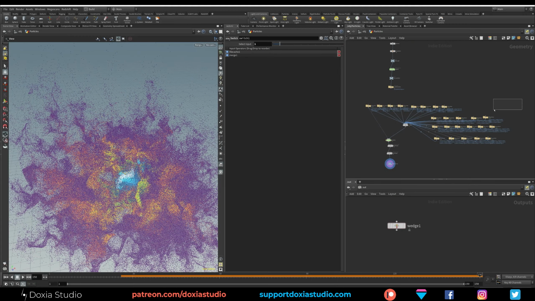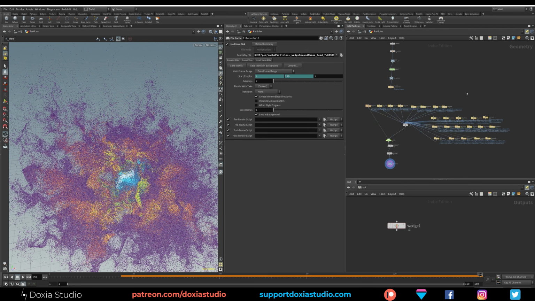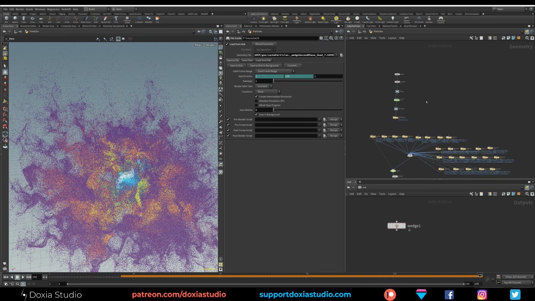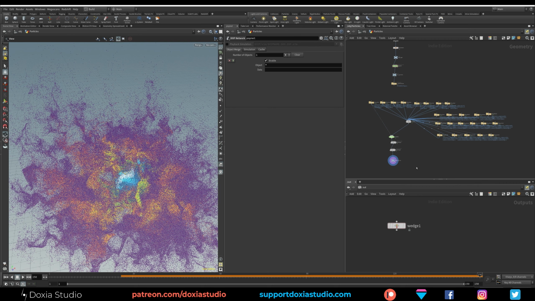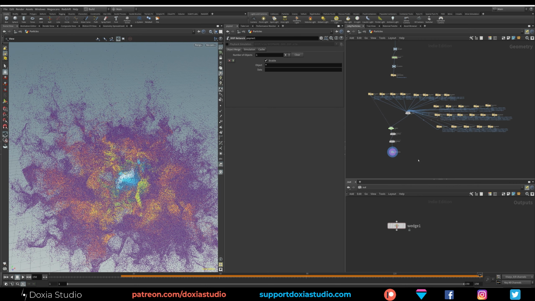And the time it took to save all these file caches was not even a third of what it would take with this PopNet. And I don't know if even my computer would be able to handle all those particles with PopNet. So this little trick really helps out this one.